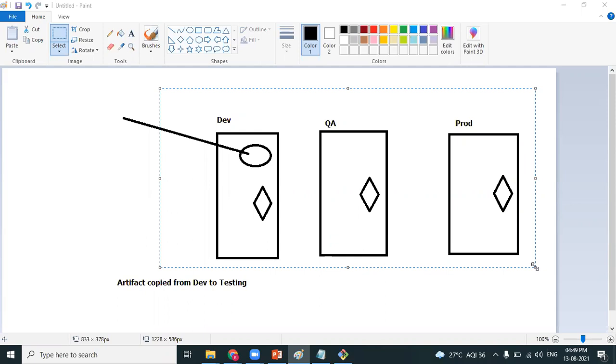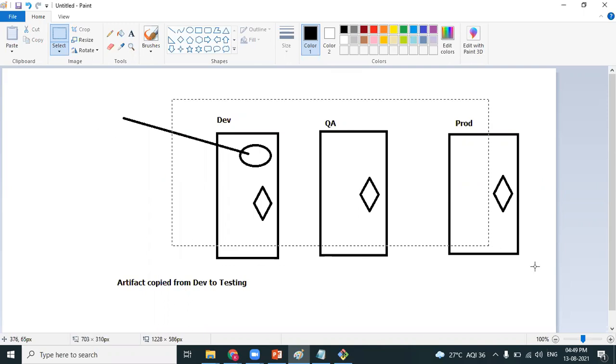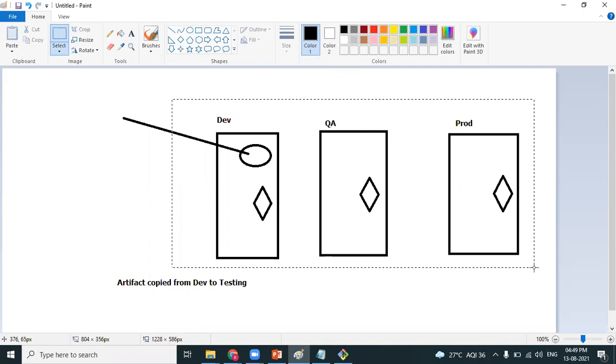The actual question lies here. The code is still there in the dev server, residing in that particular instance, the dev instance, let me call it. Until the dev instance is up and running, prod will be up and running. The moment dev goes down, production will go down. Is there any point of cutover? At any point of time, all three instances will be up and running because it is continuous delivery and continuous deployment.